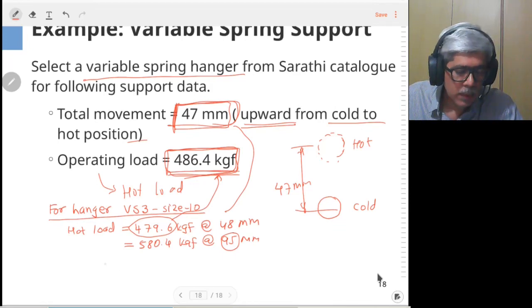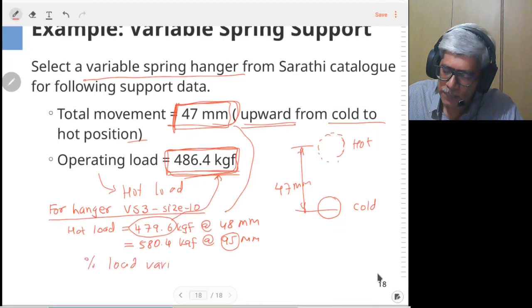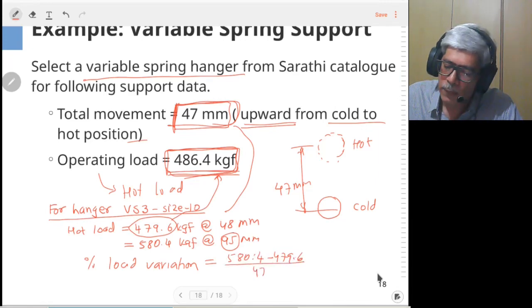So the percent load variation can be calculated. So this comes 580.4 minus 479.6 divided by 479.6. We are calculating with respect to the operating load, so multiplied by 100.